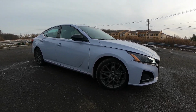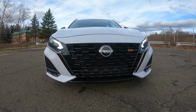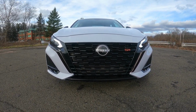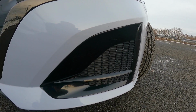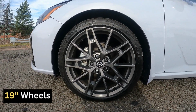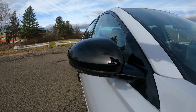The grille has been updated as part of this year's redesign, as well as the Nissan logo. LED headlights are also now standard on all Altimas, and Nissan really does a great front end design with all the black trim here and this light design, fake vents here for fake air down under those. We also have 4 new wheel designs for this year, and I love these big 19s on this one. These are wrapped in all-season tires, heated mirrors with integrated LED turn signals, and some nice black trim around the